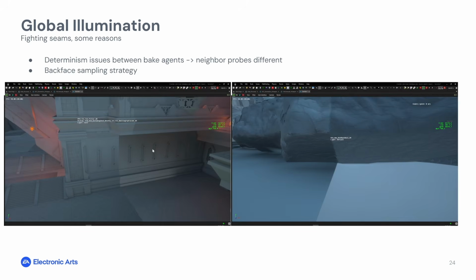Other issues that we were fixing constantly were light leaks and mostly determinism issues between the bakes. It's very important when you bake to keep the bake deterministic because when you're in different agents and you're stitching back the cells, you want to make sure that the GI matches those edges. So these were a pain to fix, but we got almost all of them. So you might see a few seams here and there in the final game, but for the most part, the